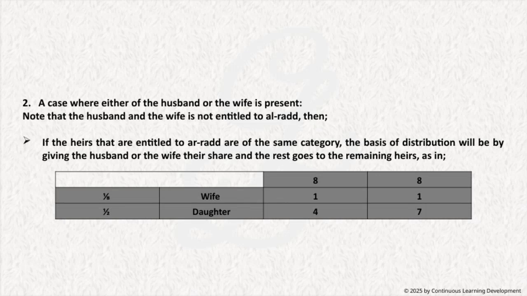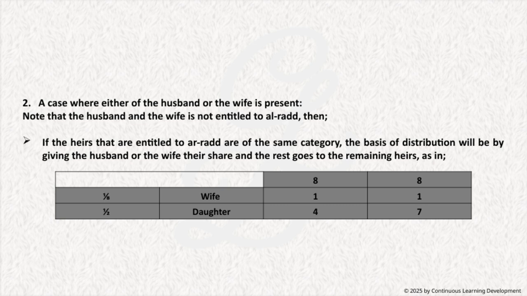Let's look at a case where either the husband or the wife is present. It's important to note that in such situations, neither the husband nor the wife is entitled to Radd. Now, when we have heirs who are entitled to Radd and they belong to the same category, the distribution is based on giving each their rightful share first. So, the husband or the wife will receive their designated portion, and any remaining shares will go to the other